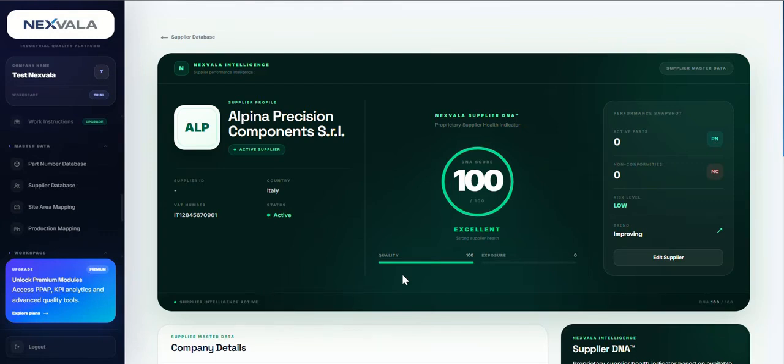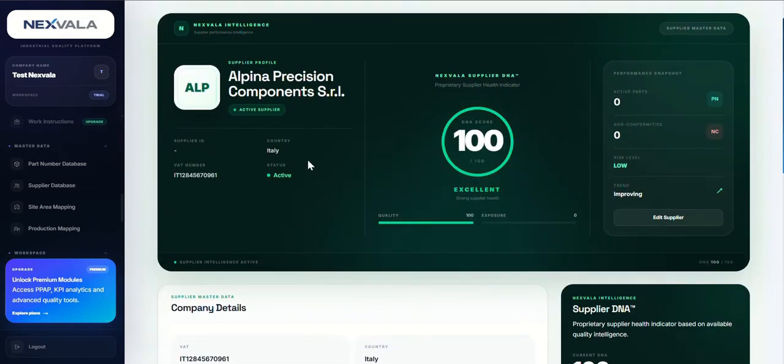So the supplier detail is very simple. It gives the supplier's name. It says it is an active supplier. It says it is an Italian supplier. Its VAT number, that is the data we entered before. And then we have this number in the center. This number in the center is, let's say, a proprietary indicator from Nexvala that indicates the status, the risk we